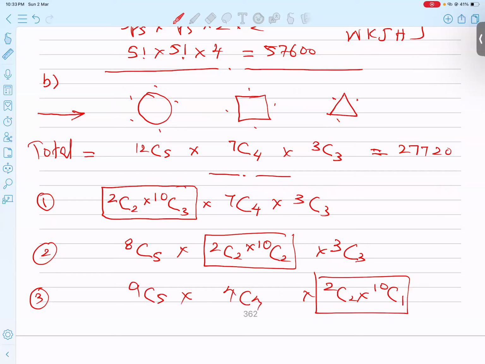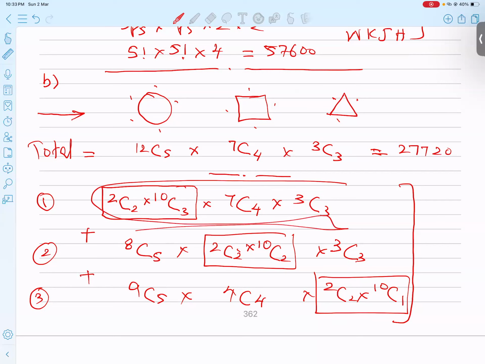And 4C4. If I check this answer, for your knowledge, 3C3 is 1. I will not type it in the calculator. 2C1 is 1. I will not type it in the calculator. I will type in the calculator only these 2 numbers and number 1. And 3C3 is 1. I will not type 2C2. I will type only these 2 numbers in the calculator. The same approach: 2C2 is 1, 4C4 is 1. So I will not type them in the calculator. I will type this and this. And all 3 situations, I will add them. So I will add the top one, then this one, then this one. And the final answer, I'm getting here